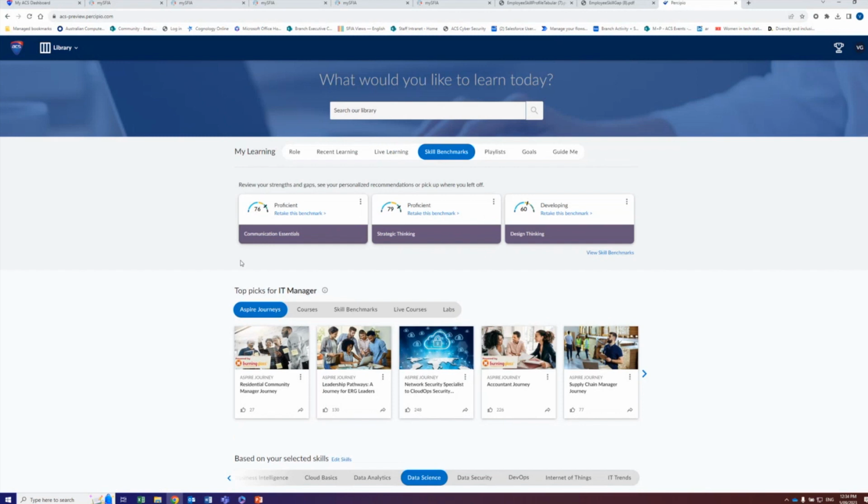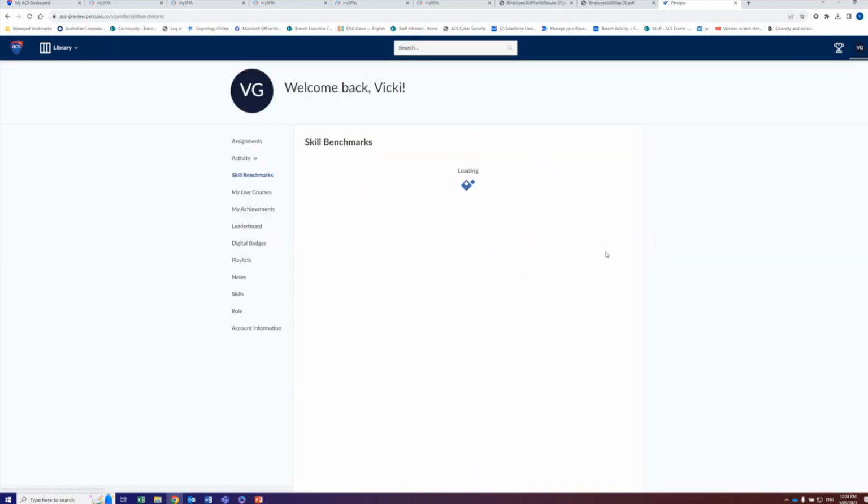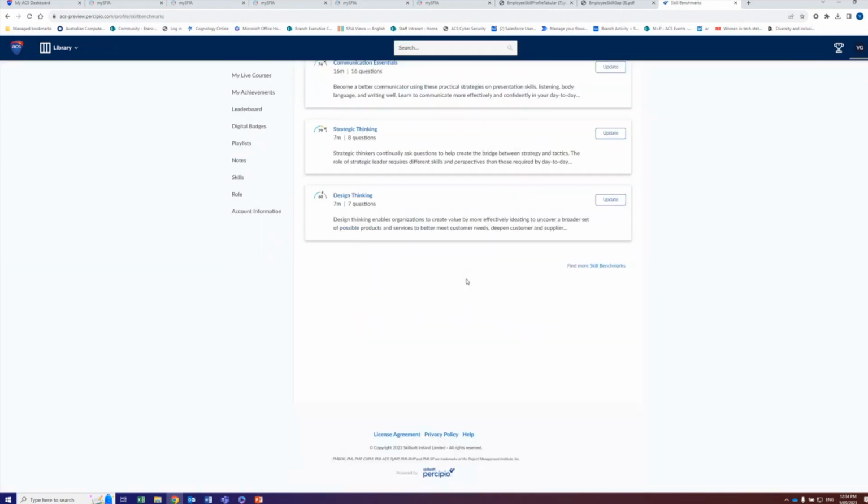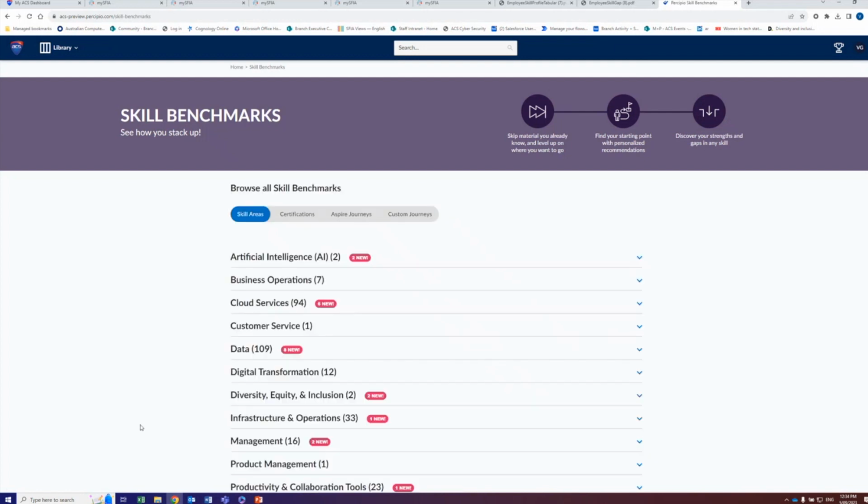The other really great part about this is skills benchmarking. If you're trying to figure out where you are against different skills, you can actually go and do a benchmarking exercise. And from there, that will give you recommendations in terms of what learning courses are available to you based on the score that you get from that. So if I just go back to the home,